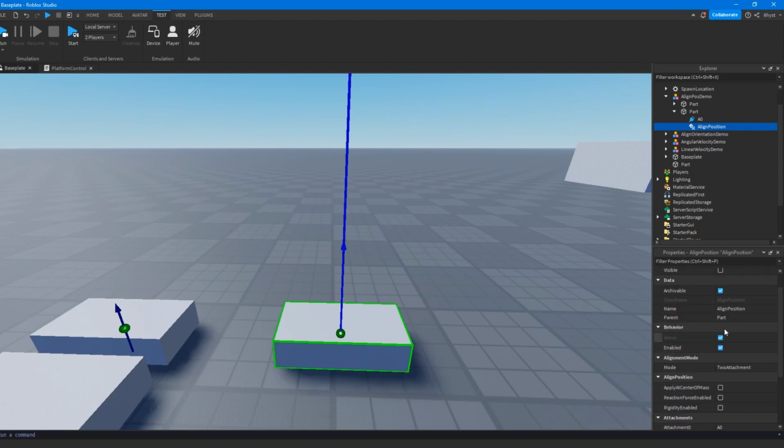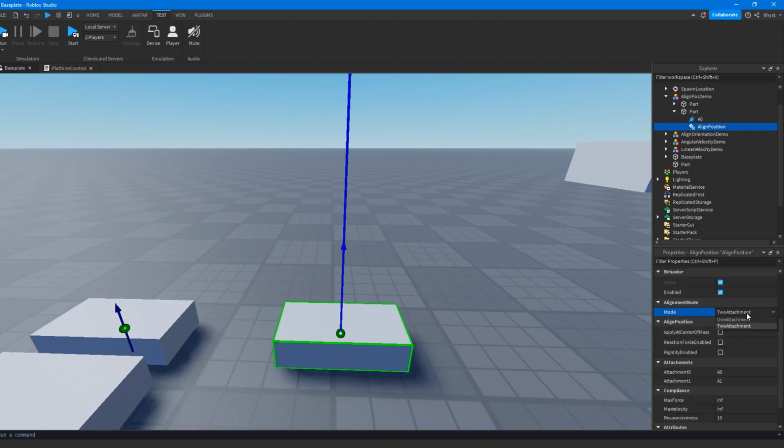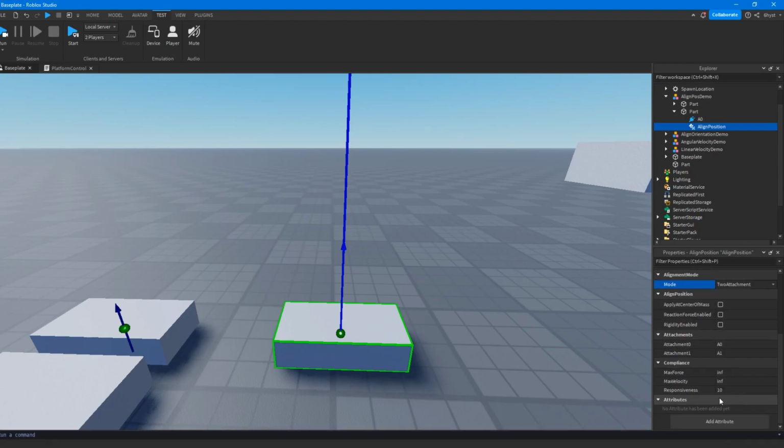So there's a few ways you could use this. You could use one attachment or two attachments. I'm not sure how one attachment works. I don't have much of this memorized, I'm sorry. I'm just teaching you what I know, alright? But